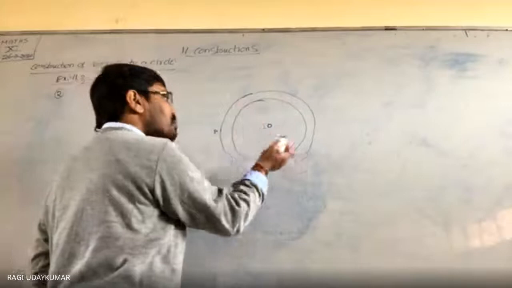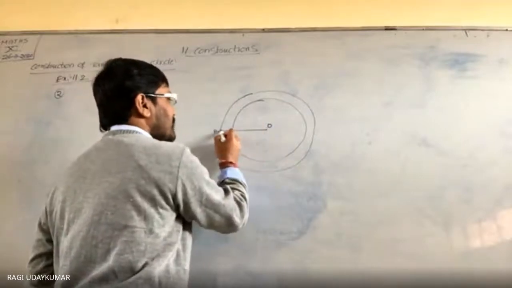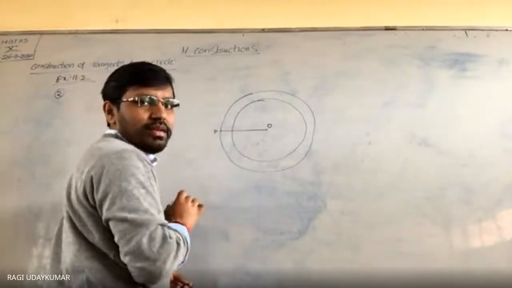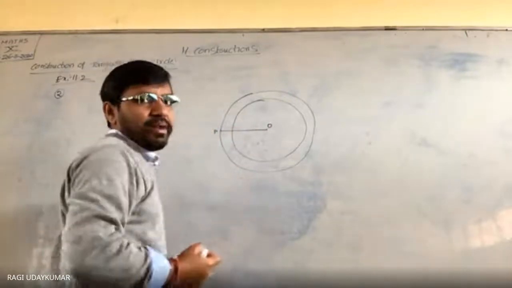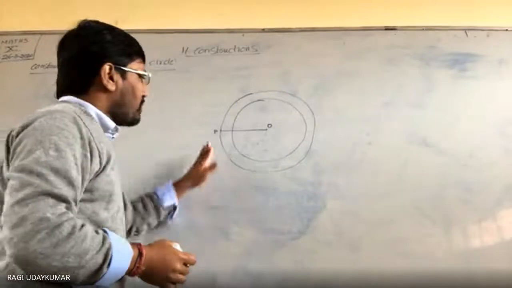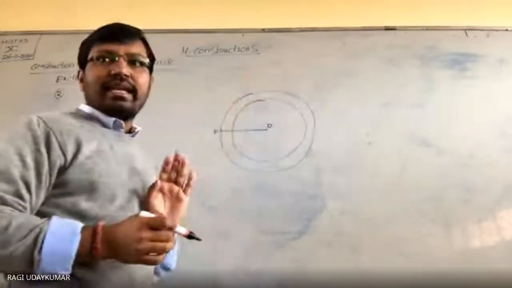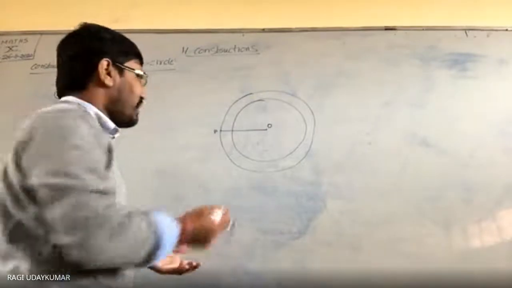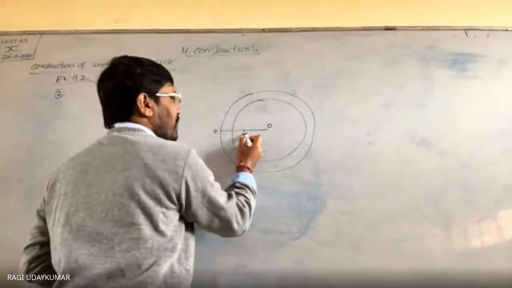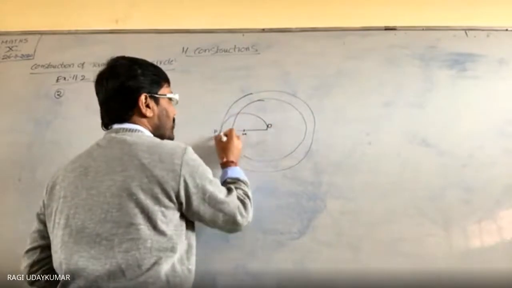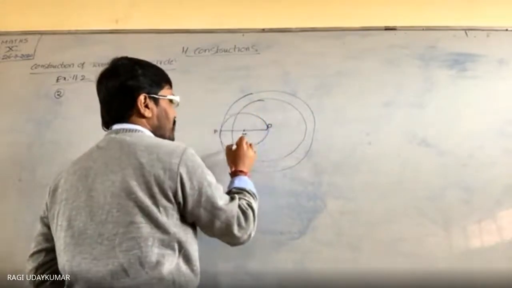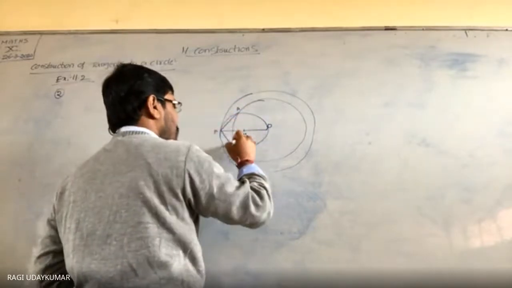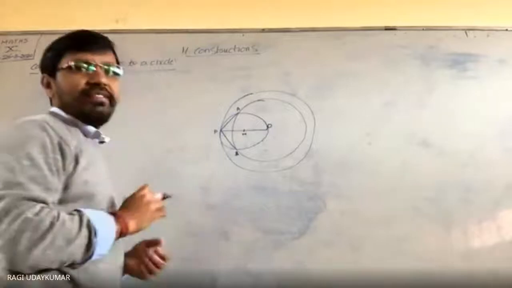What is this? It is like the previous problem. This is 4 centimeters, 6 centimeters. In the previous one, this is 6, this is 10. We took it down, now you bring it to this side. Assume that there is no circle here, assume this is not a concentric circle. Same method: bisect these two perpendicularly. With M as the center, you need to draw one more circle, and where it touches, consider those 2 points, and join PA and PB. The figure will be like this.